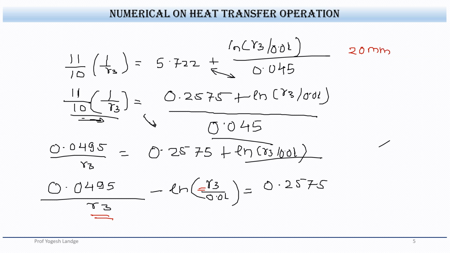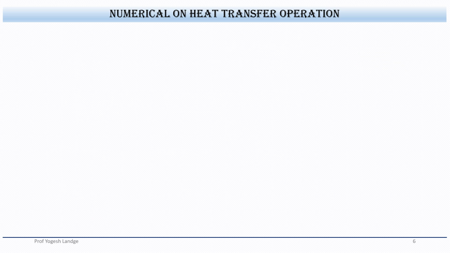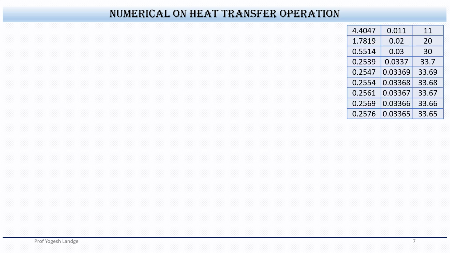So obviously it is more than that. The radius R2 is 10 mm, so obviously the insulating layer is more than that. I started from 11. If I go with 11, this 11 mm is the radius. At that time I got the value is